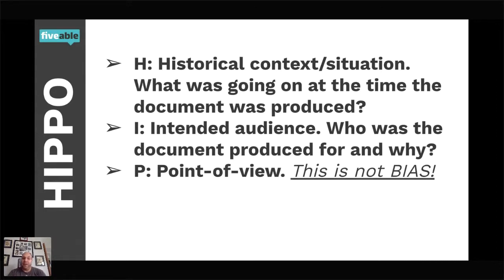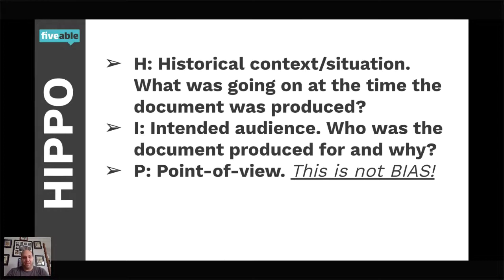And so when you write bias on an essay, whether it's an LEQ or DBQ, you're not telling us anything. You are not telling us the point of view of the author. Showing us the point of view of the author is showing us why they have that bias. So Olympe de Gouges, she obviously is biased towards women's rights, but why? So you could say that Olympe de Gouges is influenced by the fact that the Declaration of the Rights of Man and the Citizen excluded women. You just told me she has bias without using that word. So please, as an AP reader, I am begging you, stop writing that the author has bias.